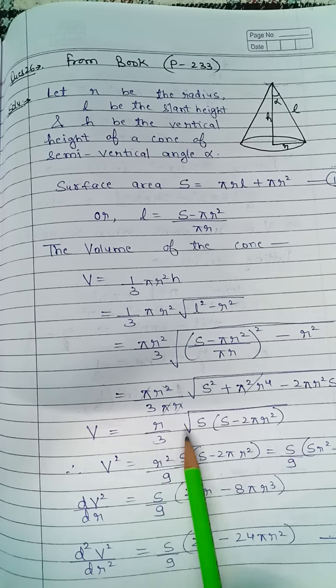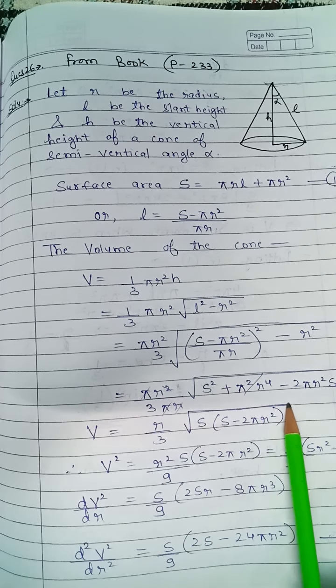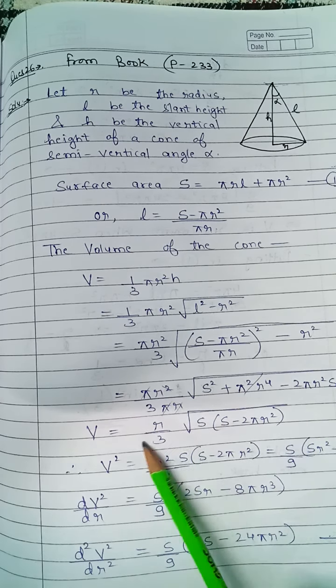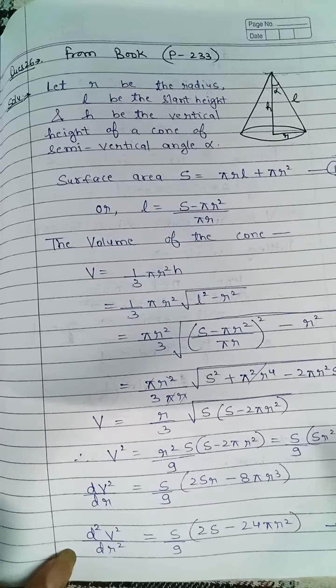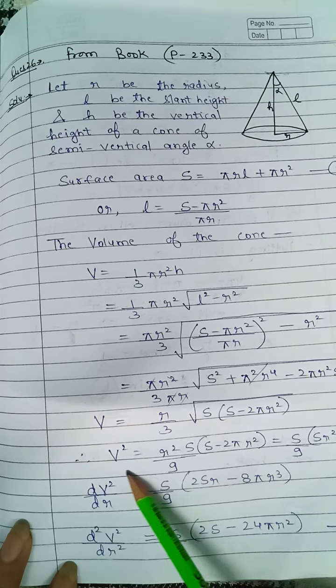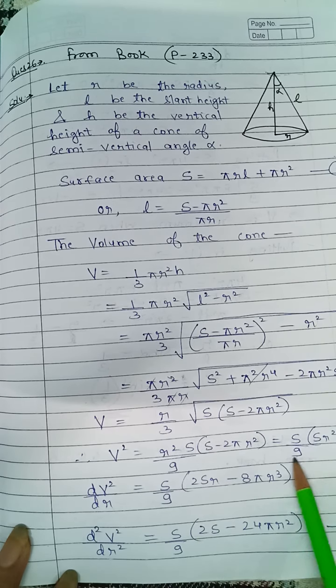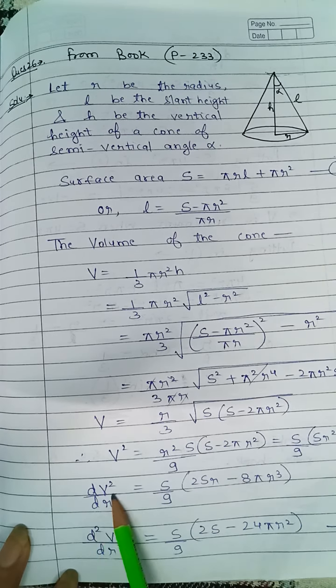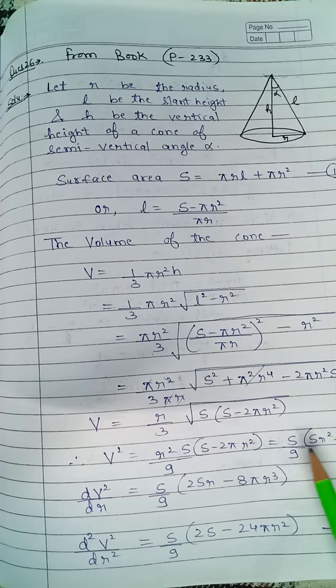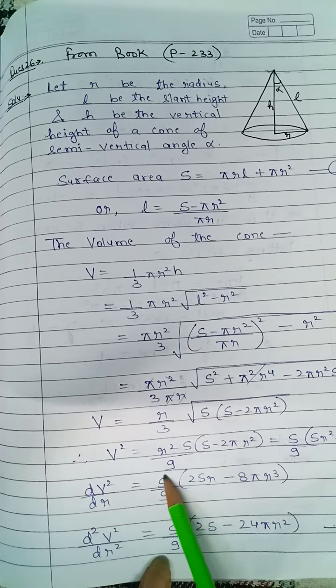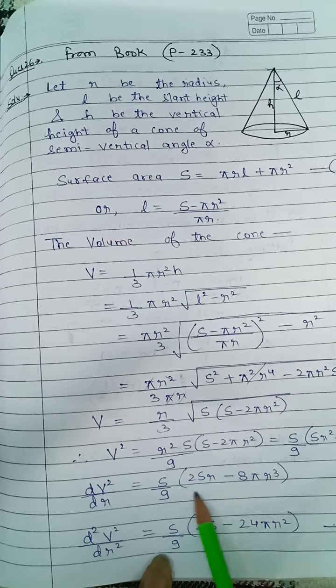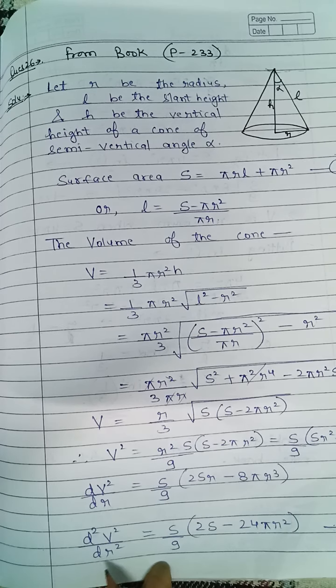After solving this, I am getting a root here. You can do it like this also, but here what I did, I squared it, which will be an easy option for me for finding the derivative. If we square it, it still remains volume only. So V square it becomes. Now it is easy for finding the derivative. So I have found here the derivative of S r square minus 2 pi r to the power 4, S upon 9. S upon 9 remains constant, and the derivative of this value is here. Again, finding the second derivative. This is the second derivative.